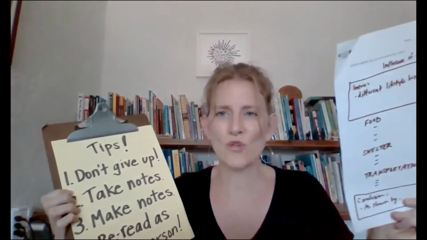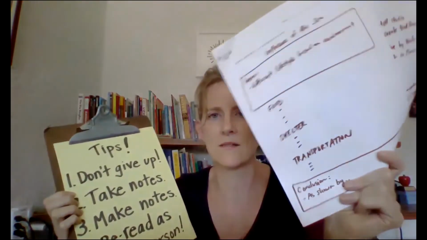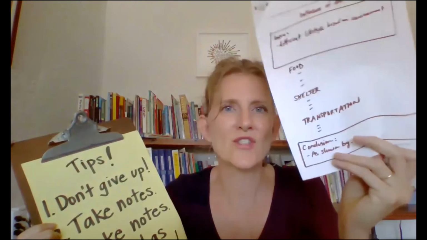Number 2, here's the key thing. Take notes. Scratch paper is absolutely your best friend on the CASP performance task. You can use as much as you want. And what helps me so much when I am learning from what I'm reading is take notes. Get a pen, get scratch paper, say source number 1, and write down, I like to do it at the end of every paragraph, what you feel is important from that section. Don't give up. Take notes.